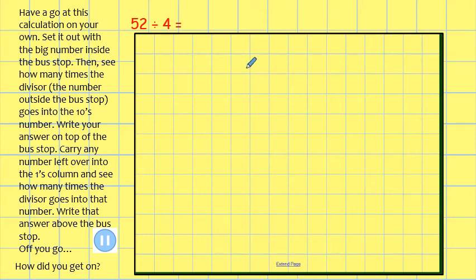So the calculation was 52 divided by 4. Okay, so we set this one out, our big number, and that sits inside our bus stop. That's our division sign for this. And the number we're dividing by goes outside. So our sum is 52